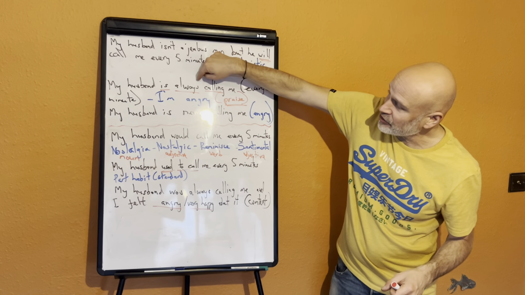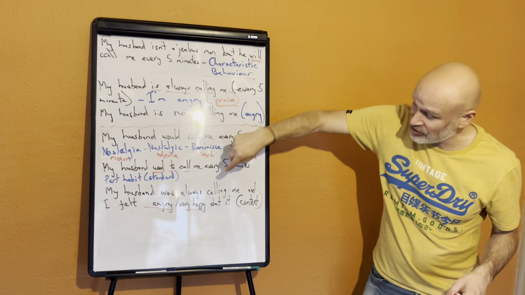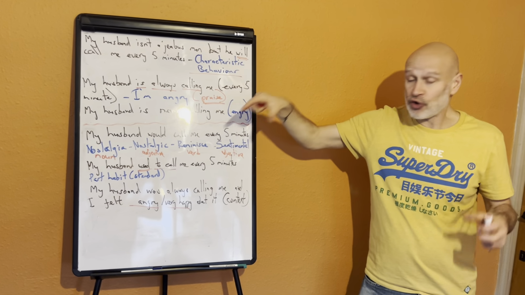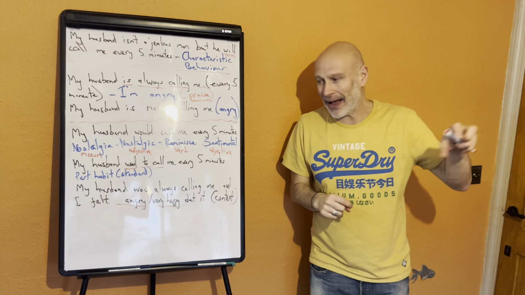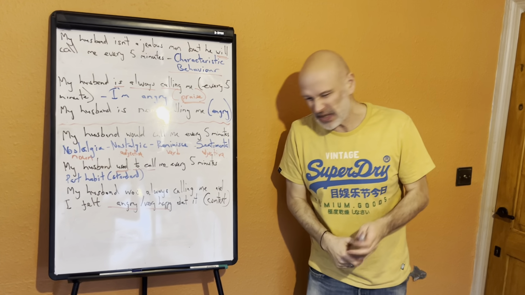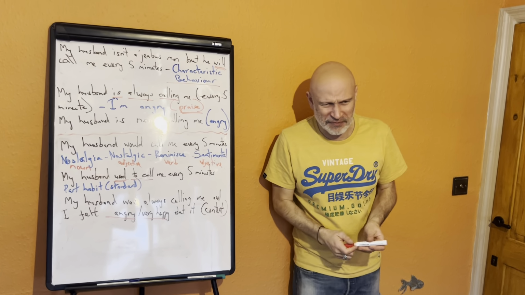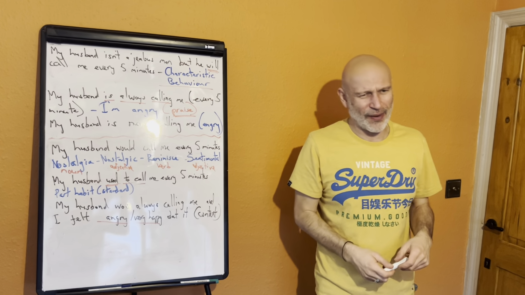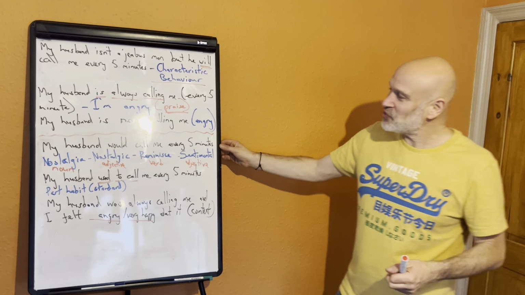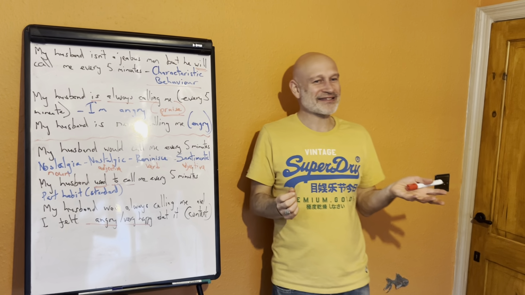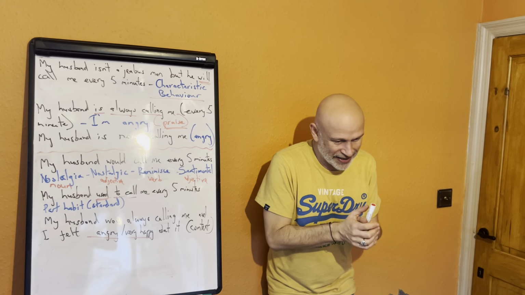One is to take the present continuous and turn it into the past continuous to show that we were angry about something. Oh yeah, my husband, he was always calling me every 5 minutes, so I divorced him because it made me so angry. But we can also reminisce, and this is very key to the language.